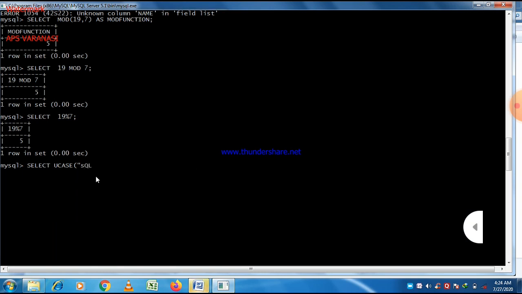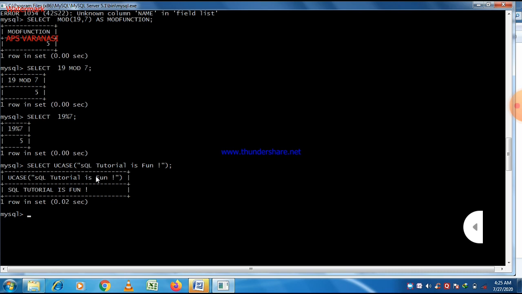Q is capital here, L is also capital here, but S is a small letter, and tutorial is fun. And we just close it, put the sign off, and at last put a semicolon to terminate the string. You can easily see that now the whole string is in uppercase. So the answer is SQL TUTORIAL IS FUN.